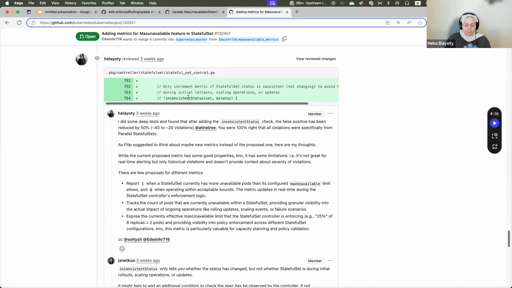And Philip has a very valid argument here, which is that there's a lot of false violation for this, specifically when the stateful sets start to be created, because there will be a lot of inconsistent status.